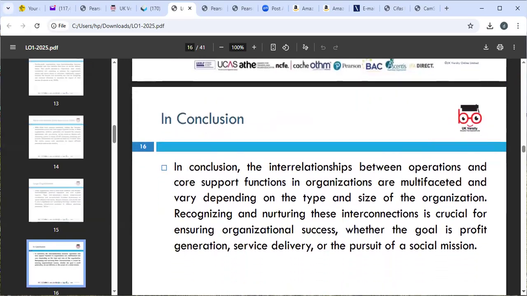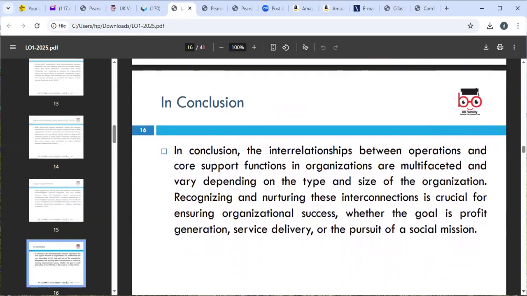So in conclusion, what we say is that the interrelation between operations and core support functions in organizations is multifaceted. It means that they are very complex in nature and vary depending on the type and size of the organization. Recognizing and nurturing these interconnections is crucial for what? For ensuring organizational